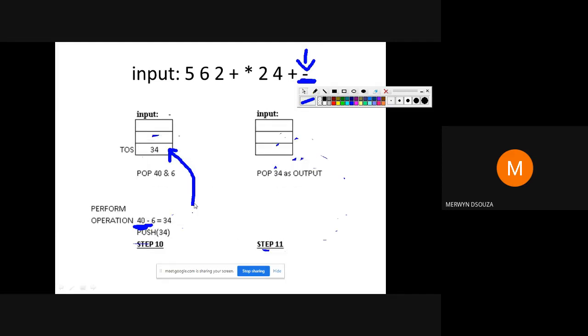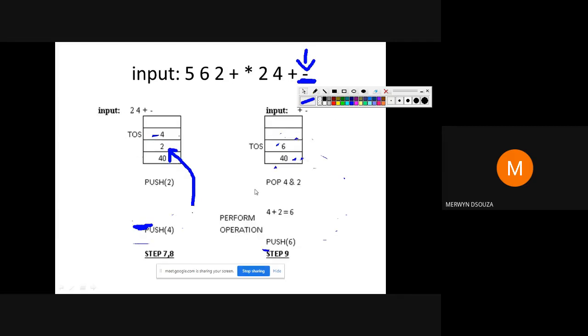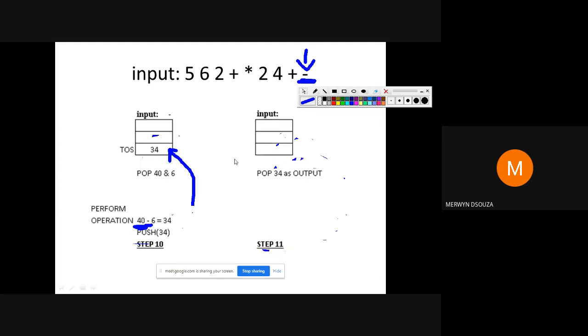In most cases it does not matter actually, except when it is division or subtraction. So by mistake if you put one operand on the other side, it does not matter if it's a plus or a multiply, but if it's a division or a subtraction, then it makes a difference. You will get a different answer.